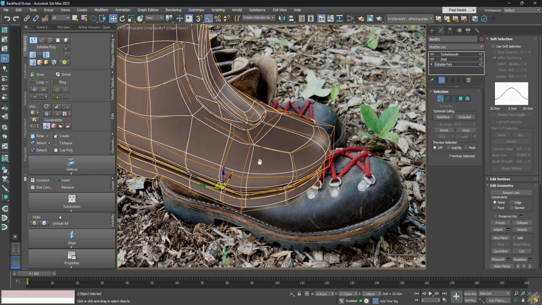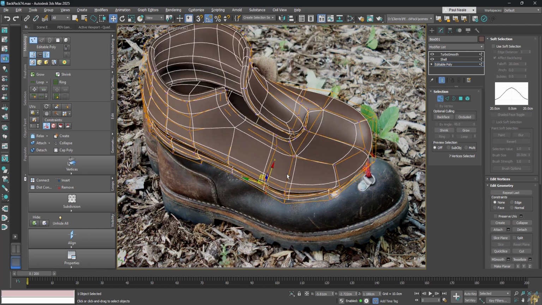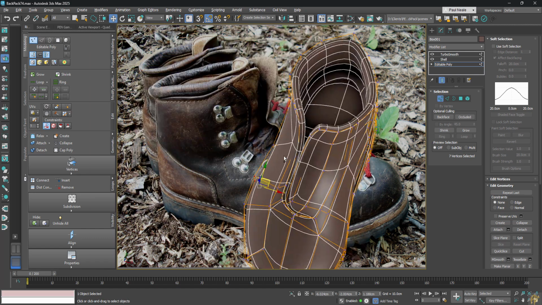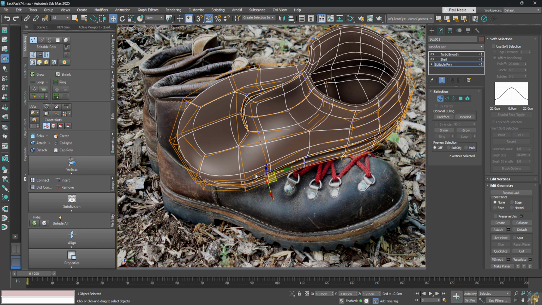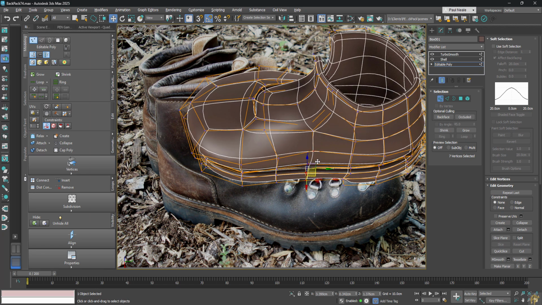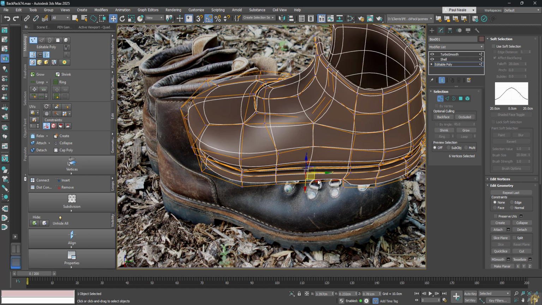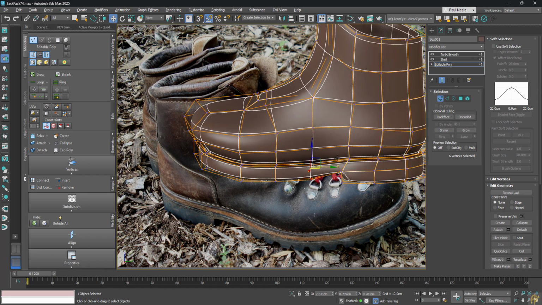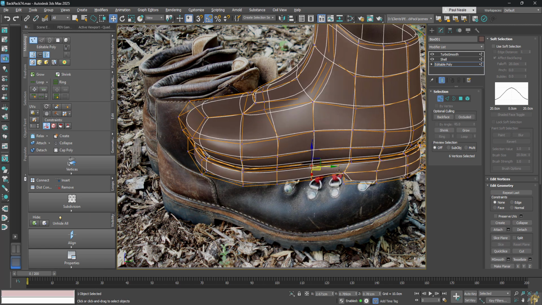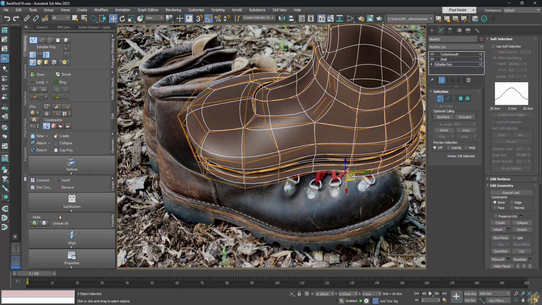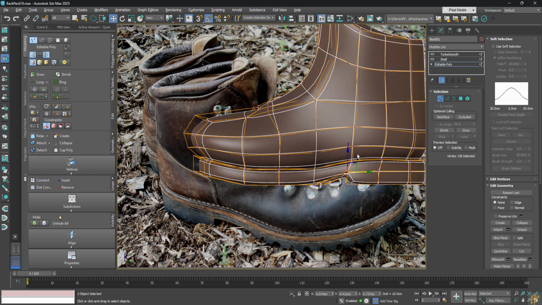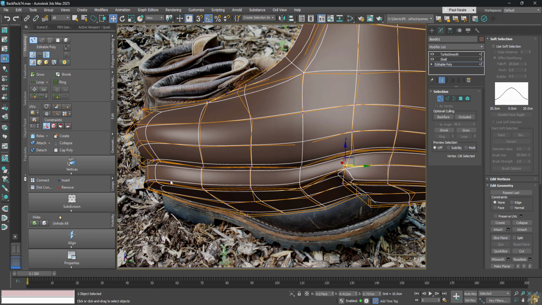I just realized I was working in screen space and I wanted to keep that flat, so I'm going to just go back out of that. Start grabbing these, thinking about how this area looks on a real boot. I've got a lot of extra edges here and I haven't really made sure I'm playing around with them. Now, one of the things I could do is make this bottom edge harder,